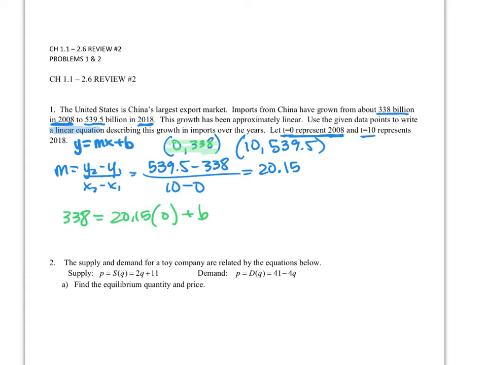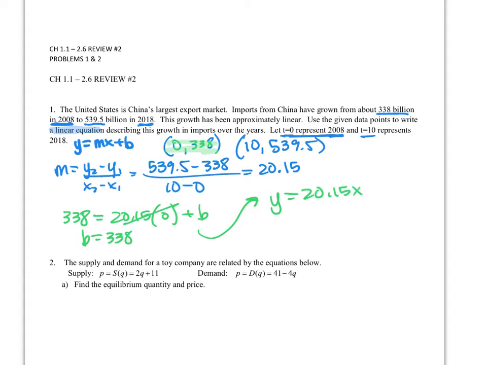We're just substituting the coordinate point into what we know so far with the slope to calculate the b. And that's 0, so the b is just 338,